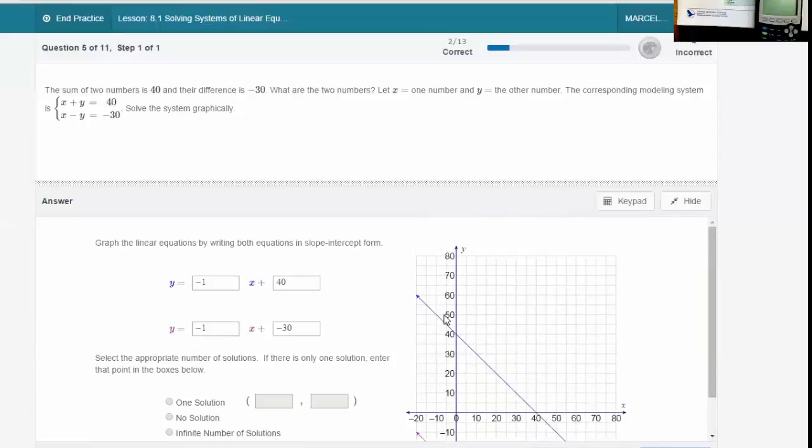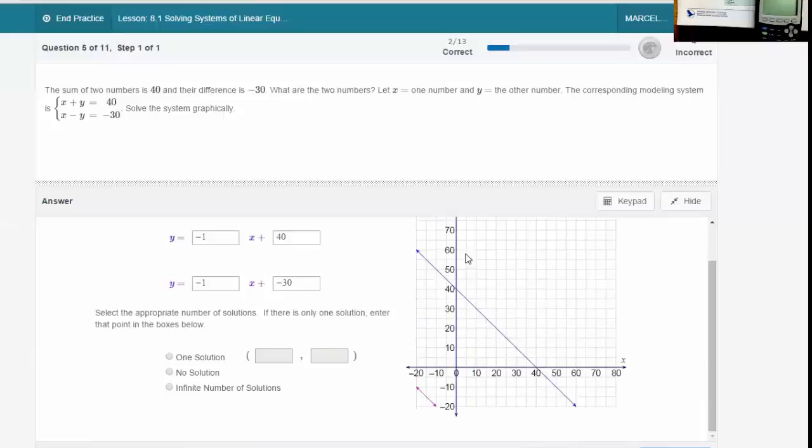Did it plot it? Oh, it plotted it down below. So notice this line is here. This line is way down there. So what does it tell me about this thing? Does it have a solution? It's got one solution? Or does it have no solutions? So what do you think? It's going to have no solutions, because if we plotted it correctly, we're going to end up getting, whoops, nope,